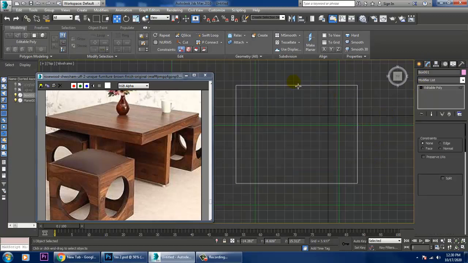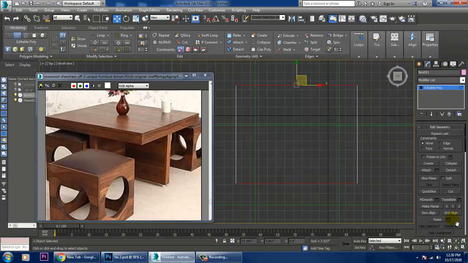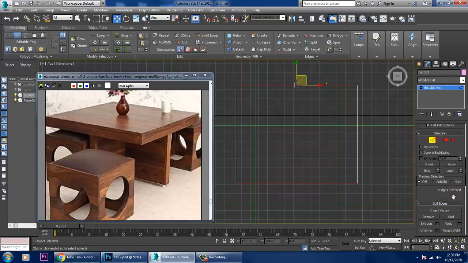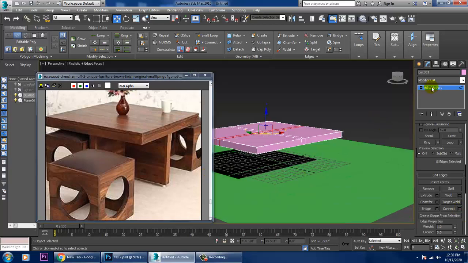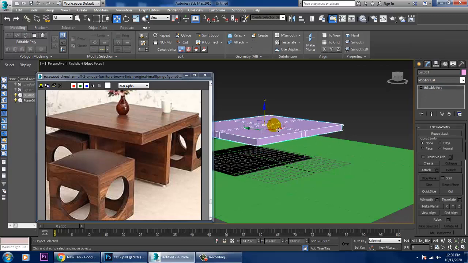Let's select this edge and give two connects over here. Click OK, select this, again give two connects, click OK, and just push this up.